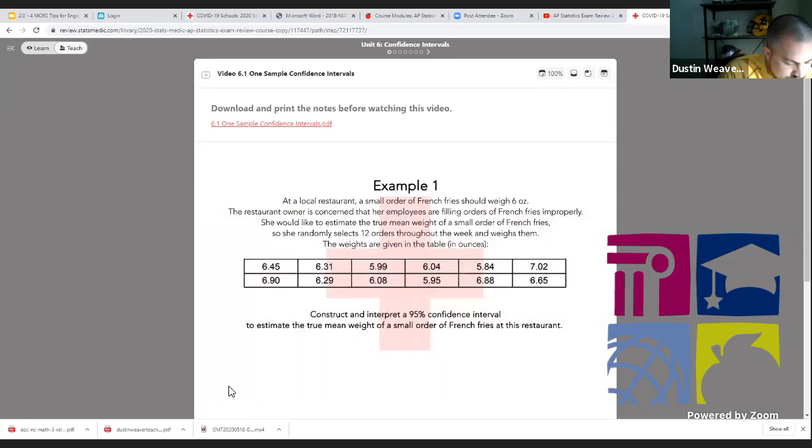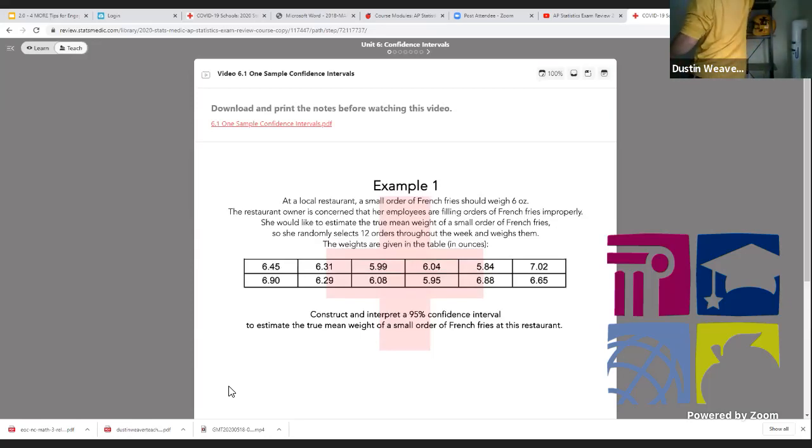So the first example, at a local restaurant, a small order of French fries should weigh 6 ounces. The restaurant owner is concerned that her employees are filling orders of French fries improperly. She would like to estimate the true mean weight of a small order of French fries, so she randomly selects 12 orders throughout the week and weighs them. The weights are given in the table below and all are in ounces. Construct and interpret a 95% confidence interval to estimate the true mean weight of a small order of French fries